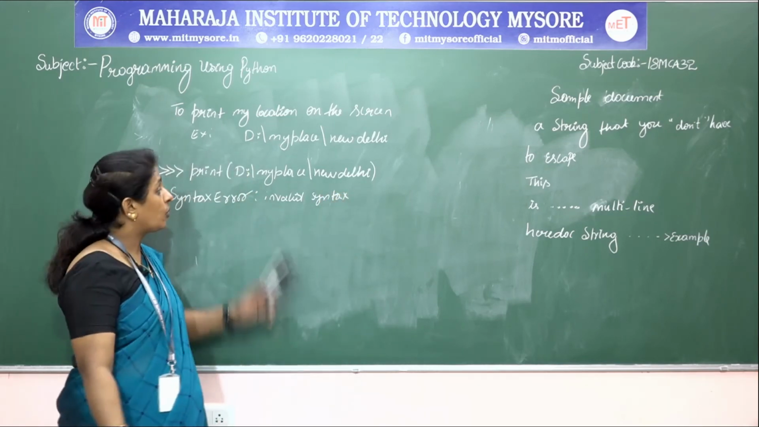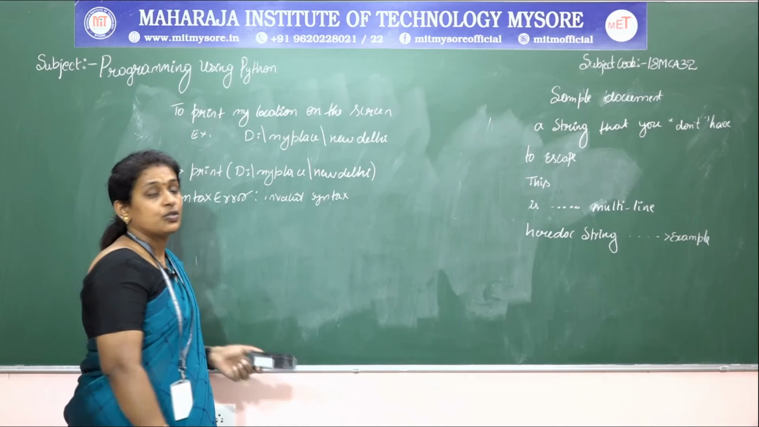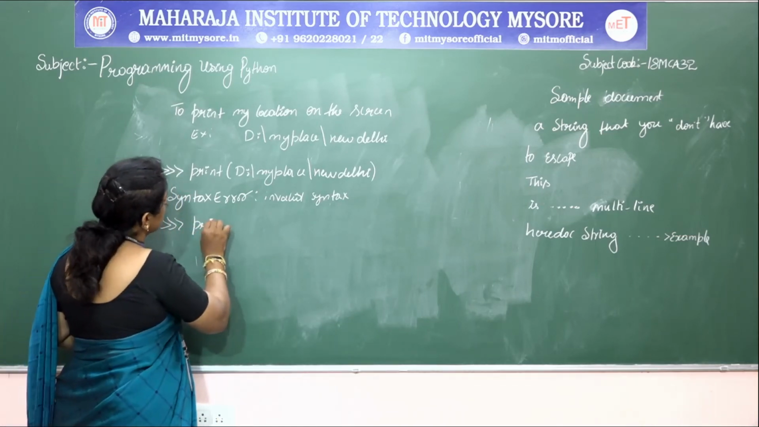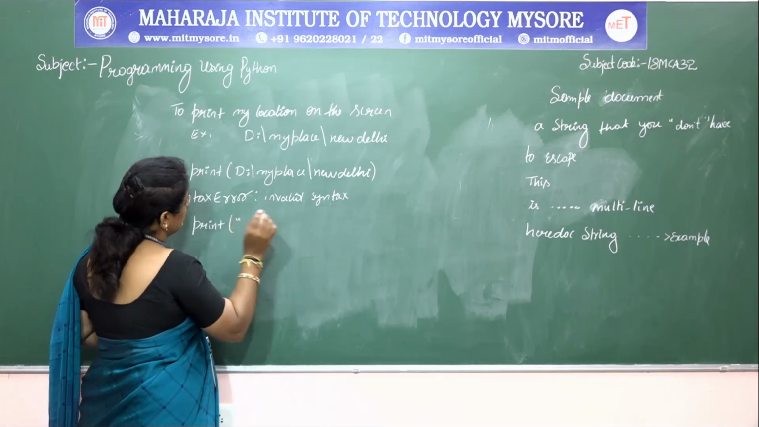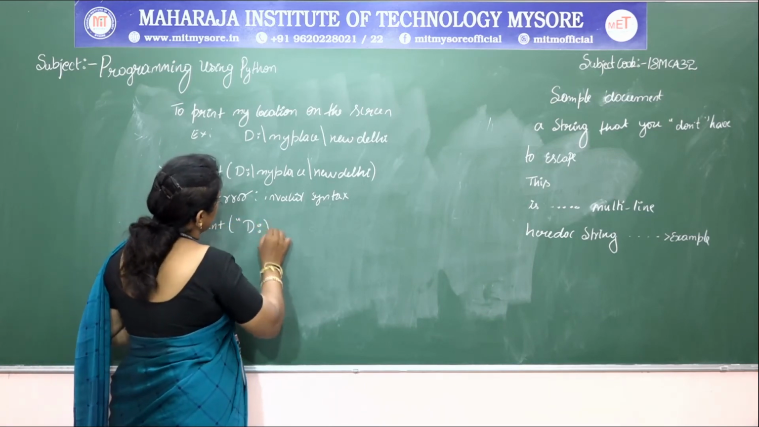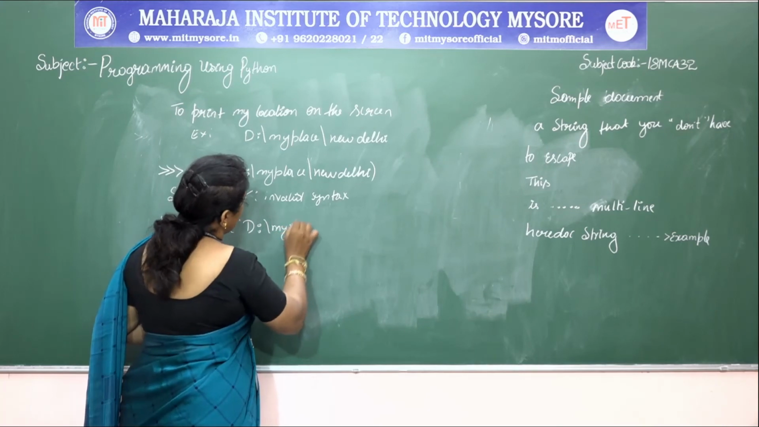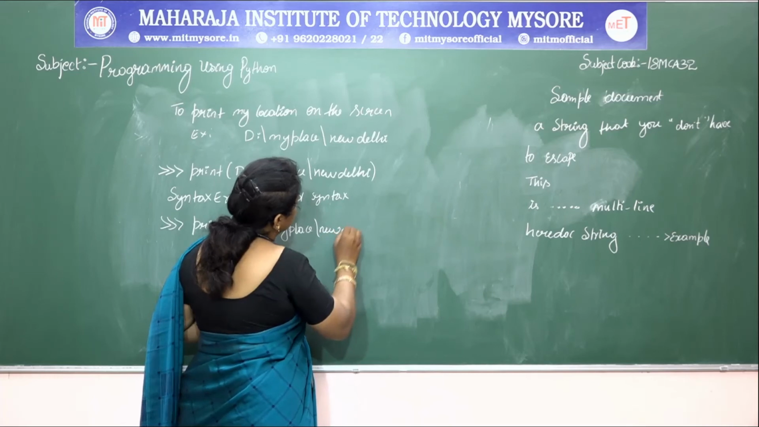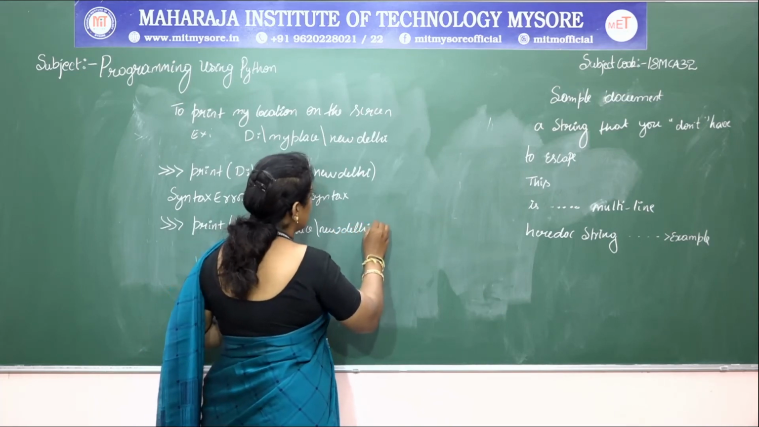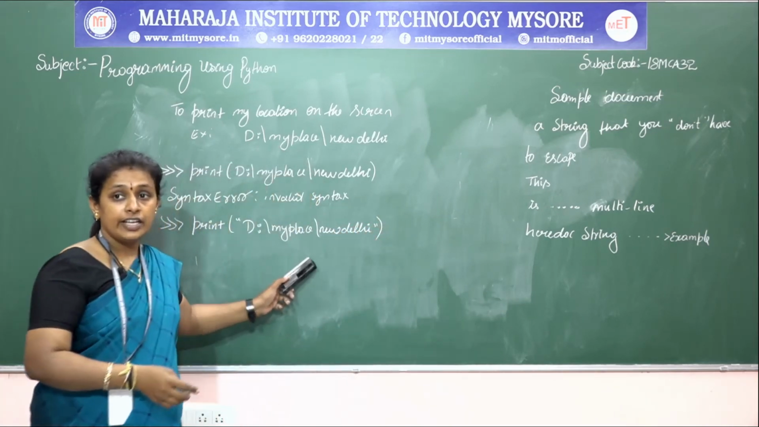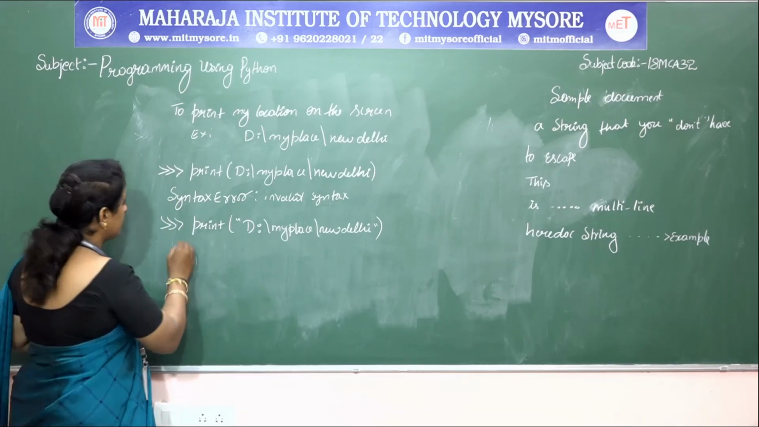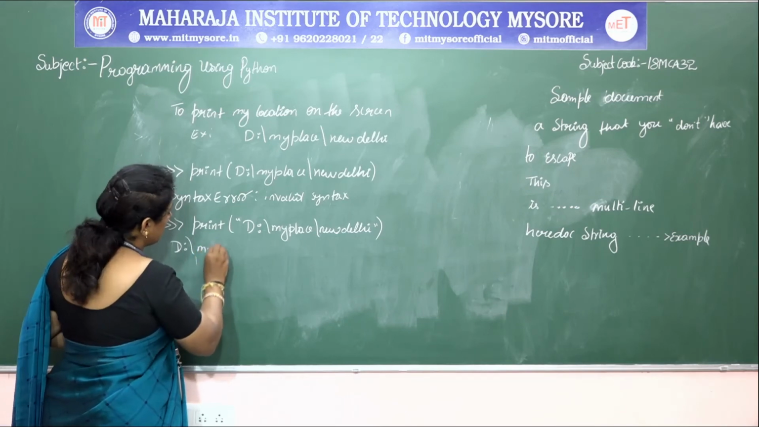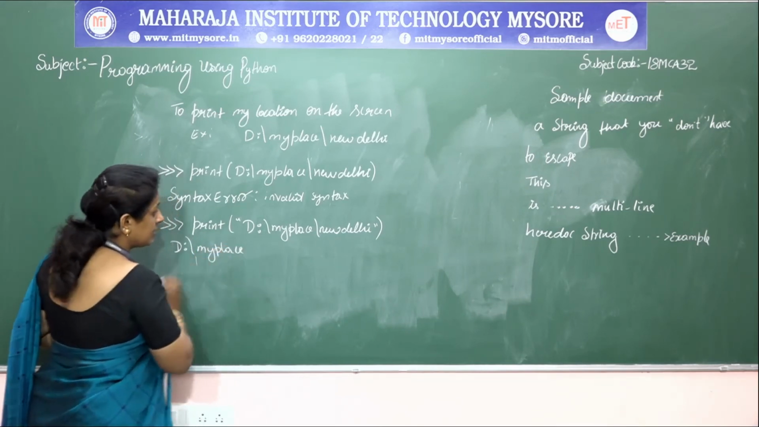Because I have not used quotes to represent it, I can write it like this: print, within quotes, D slash my places slash New Delhi. When it gets executed, the output will be D colon slash my places